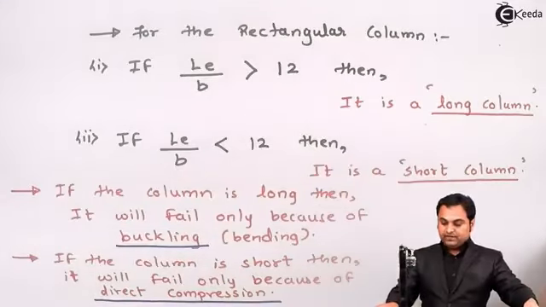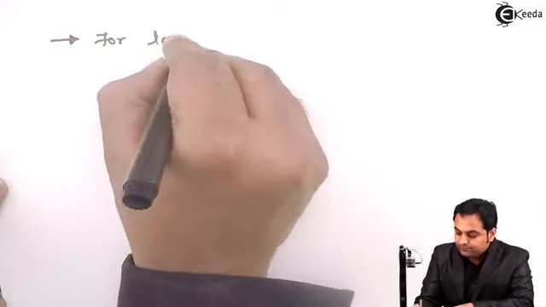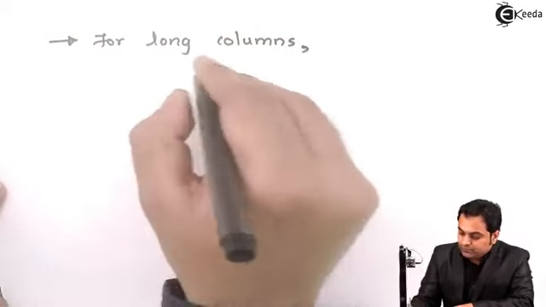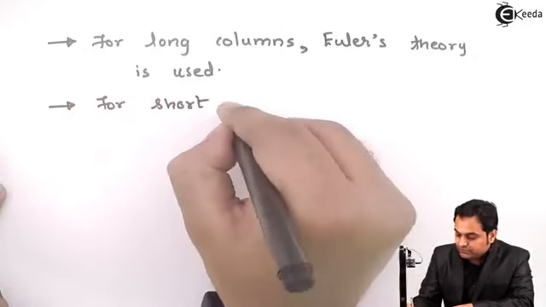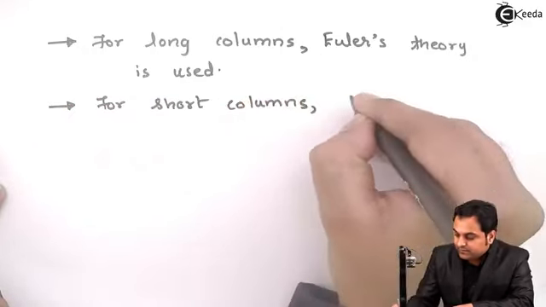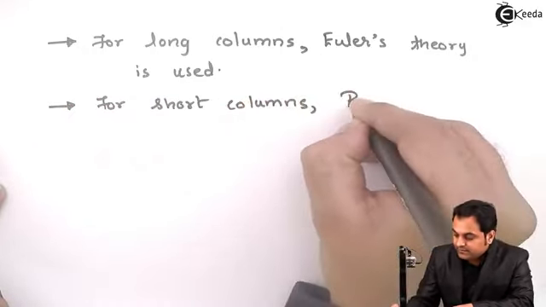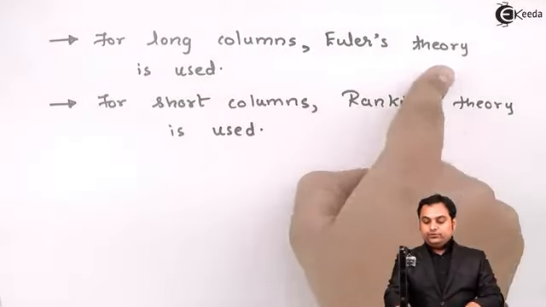Then after that I'll write down the theory which is used in the further part of the chapter. So for long columns, Euler's theory is used, whereas for short columns, Rankine's theory is used. That is, if we will be solving a problem, then for long columns we are going to use Euler's theory,